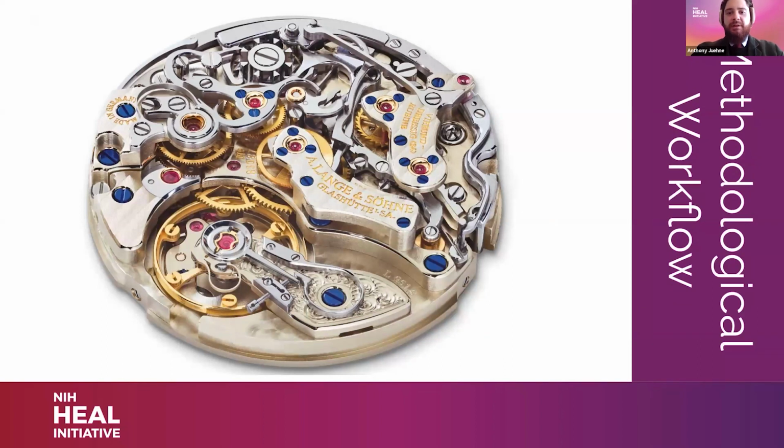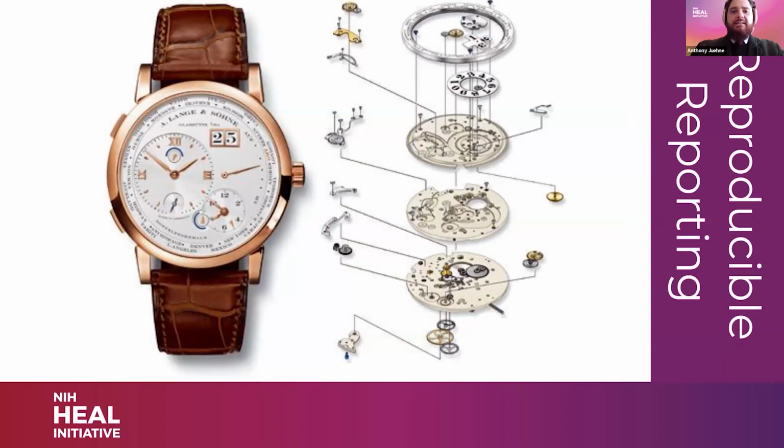However, often the movement which is driving these hands and the structure, pieces, and operation of this movement is opaque, ambiguous, or non-existent in reporting of research methods, thus leading to limited research transparency, accessibility, and reproducibility. As we discussed in the first version of this webinar, which I encourage you all to revisit, as well as all the past webinars throughout the FRESH FAIR series that provide excellent overview and insights into everything we're doing in